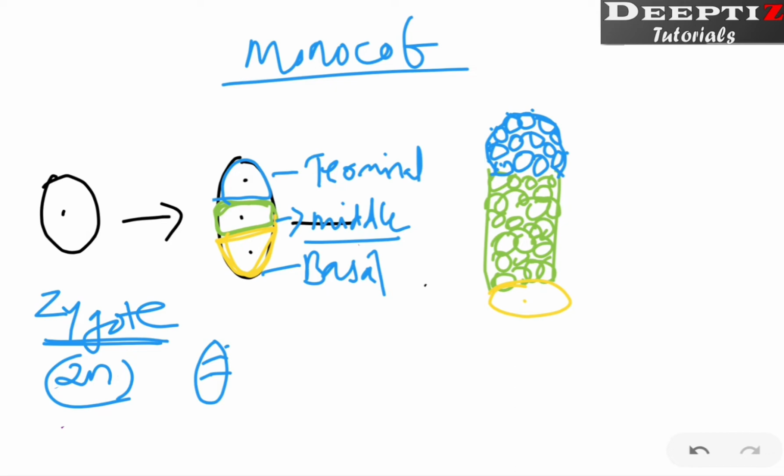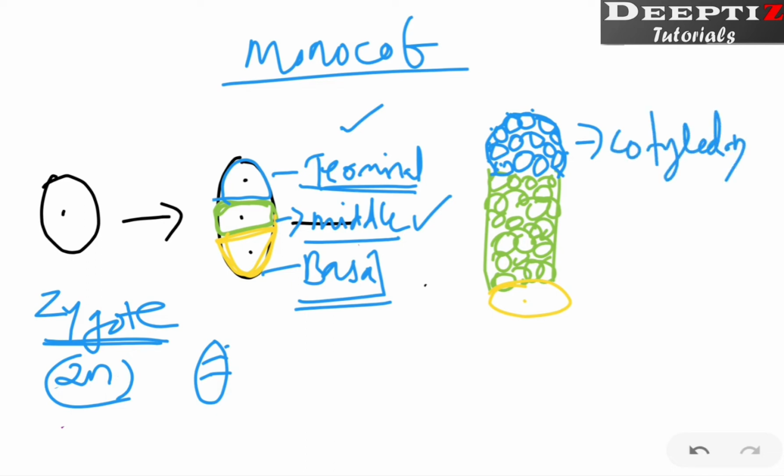Now you have to remember one thing. In case of this monocot embryo, this basal cell does not undergo further division, and whatever parts need to be formed as embryo are formed from this terminal cell as well as middle cell. Now this terminal cell after successive division is going to become cotyledon. Now this middle cell, you can see this green colored cell, is going to become the plumule, radicle, all those parts, that means the part of root, shoot, whatever is supposed to develop, the embryo, everything is going to develop from this particular middle cell.